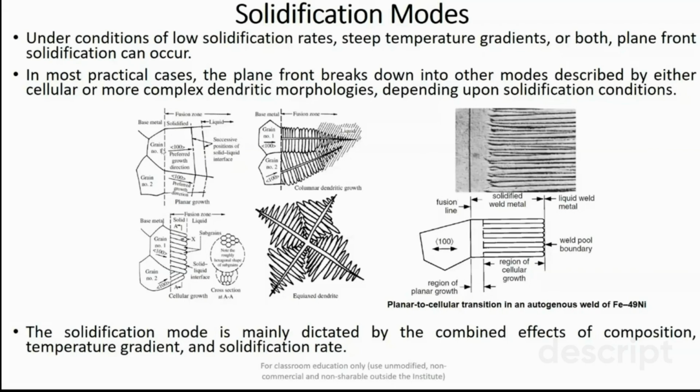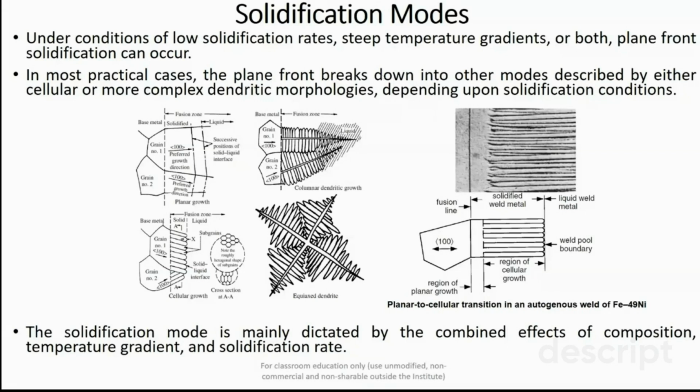I told you that the new grains formed at the surface of the grains of the base metal will grow in this particular direction, which is your 110, a preferential direction of easy growth. And this type of solid liquid interface is planar in nature. But however, in most practical cases,